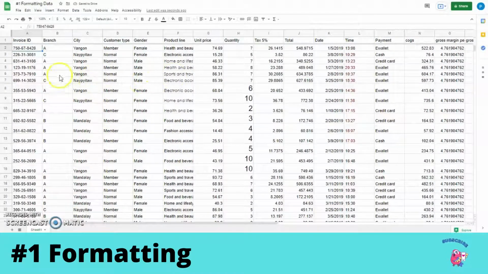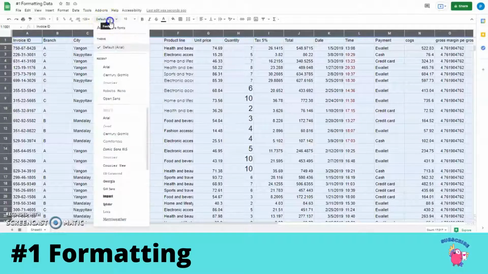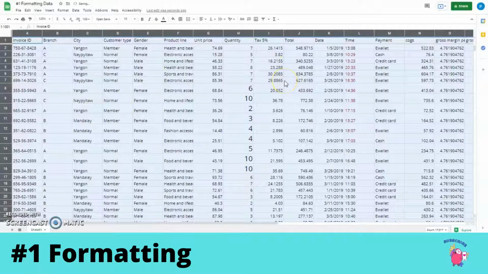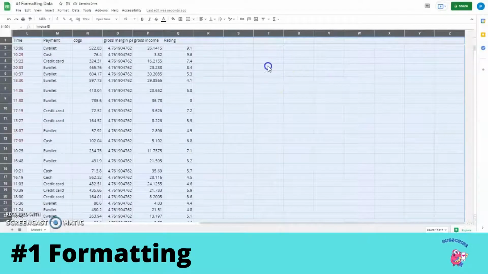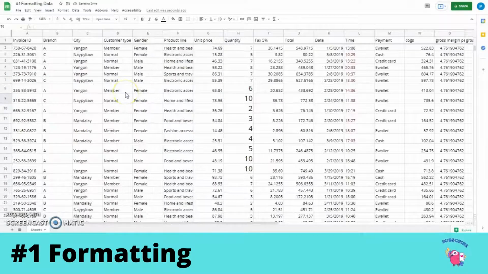Now we want to make sure that the complete data is in the same font type. So simply click here, go to font types and select Arial, or you can select any other font type from here. Let's go for Open Sans. Right, this is the same font type we have throughout the sheet. Even in a blank cell, when you try to enter something, it will come in the font Open Sans only. The complete sheet has the same font type now.